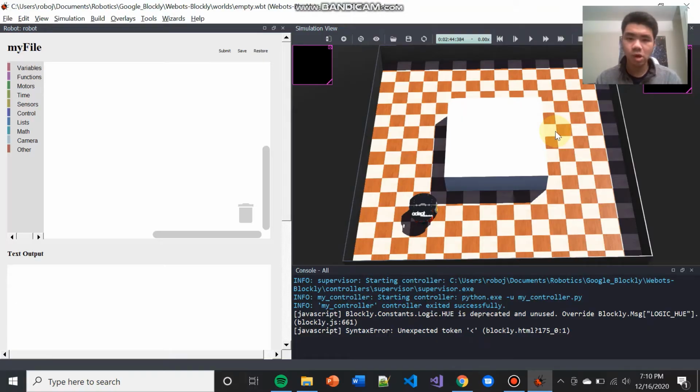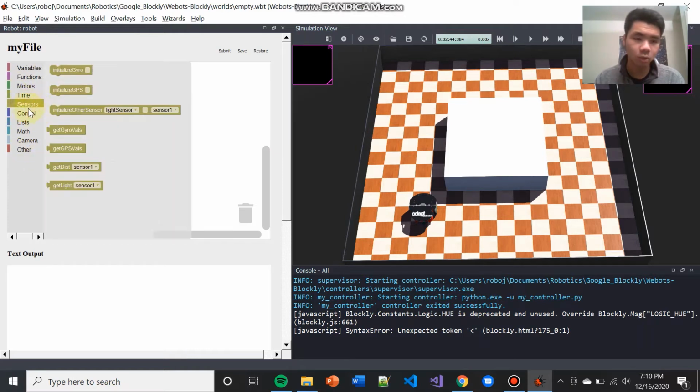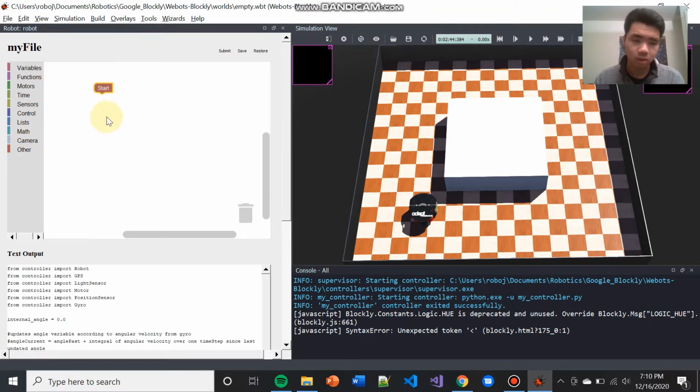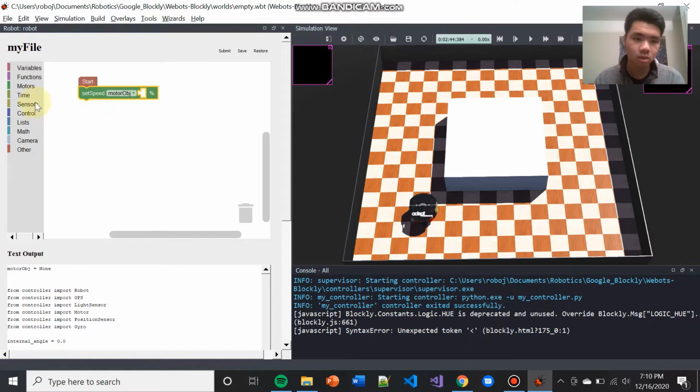Before we begin programming in Webots-Blockly, there are first a few things you need to know. As with any drag and drop programming language, you can use these categories to drag out blocks in sequential order to create a program. This is very important. Whenever you create a program, your program must start with a start block, or else your program most likely will not work. From there, you can attach various blocks one after the other,